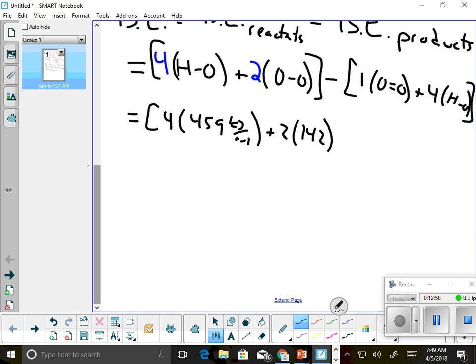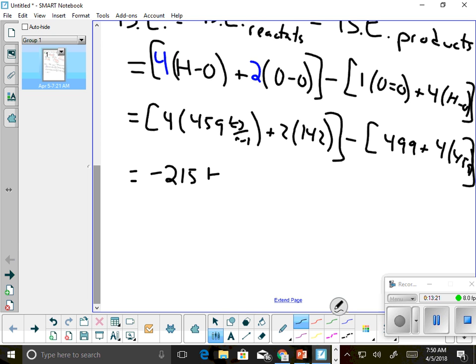Save space, I'm not going to write the units right now. If I add all that up, I can then subtract the OO double bond, which is 499, plus the 4 times the HO bond on the other end, which is 459. If I do all of this math, I end up getting negative 215 kilojoules per mole,